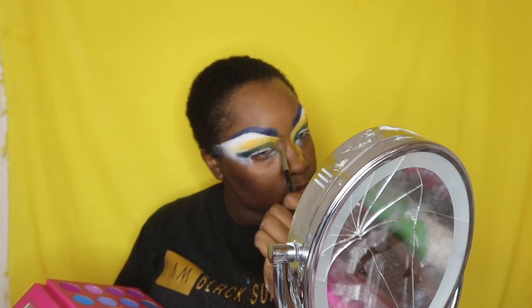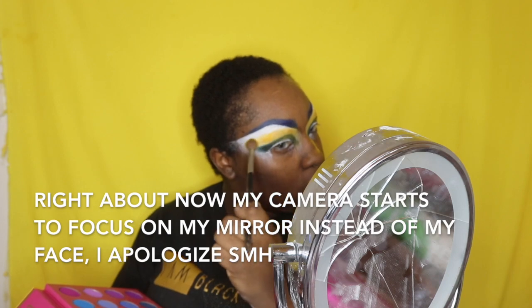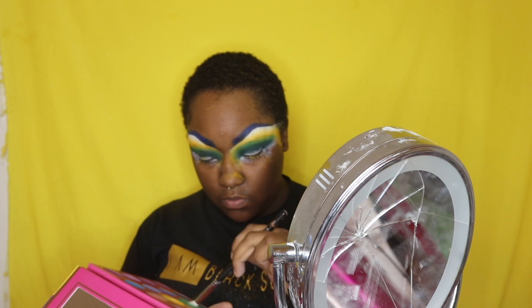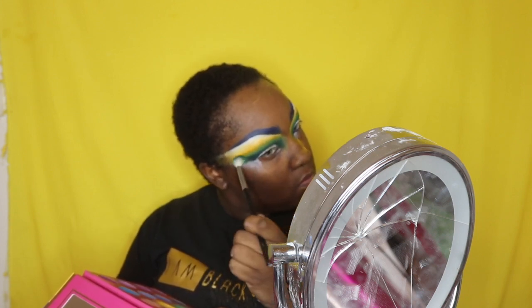Then after that, I'm going to take the color Lemon Drop and I'm going to take my Morphe M535 brush and go over the green and lay down that yellow as my transition color. Then when I'm done with that, I'm going to take my Morphe M441 brush and I'm going to slowly start